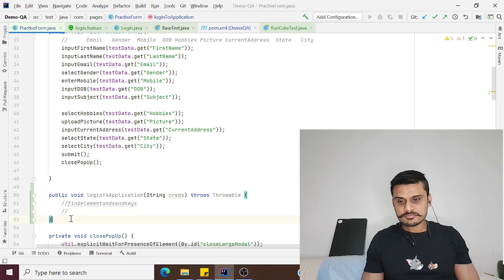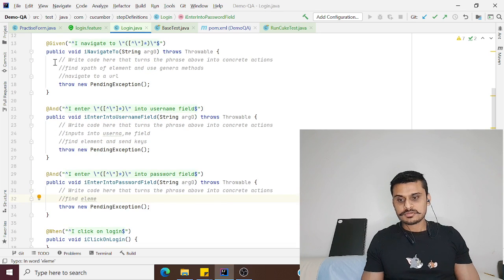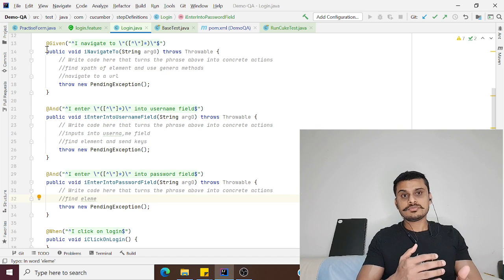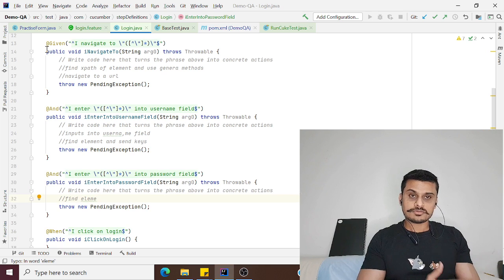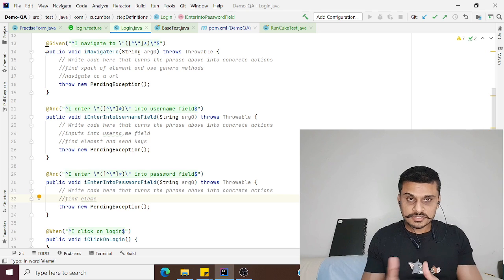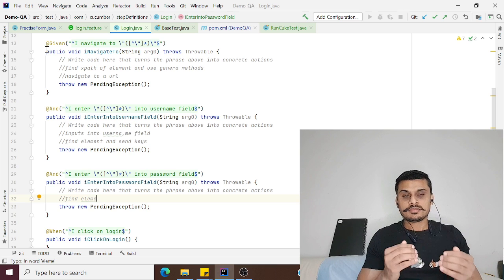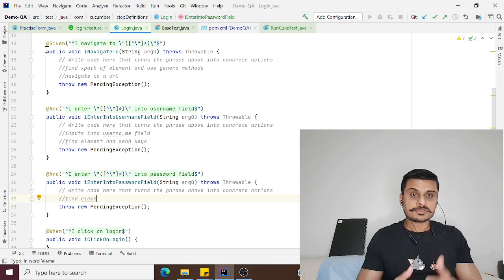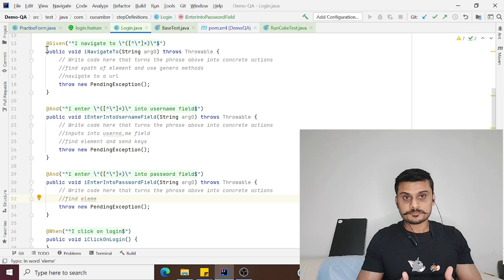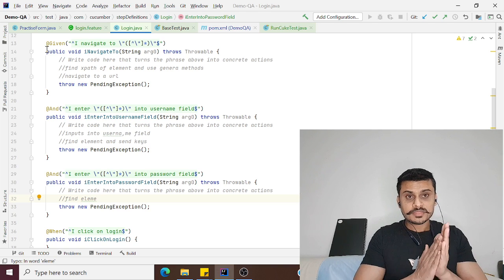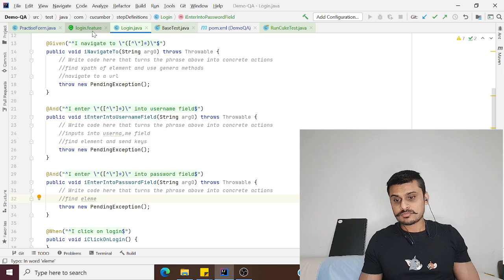But in a feature file or step definition file, we have to split that into different methods, and we should also have the code to input into those fields. So this actually increases your overall scripting. From an automation expertise perspective, the people who are working on the ground very much realize this. And guys, I've seen projects where what they generally do is